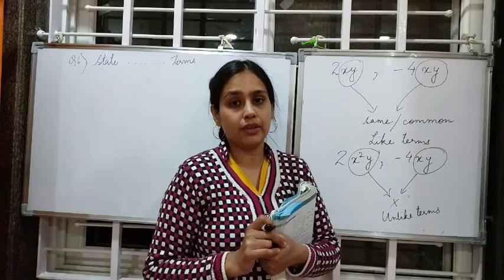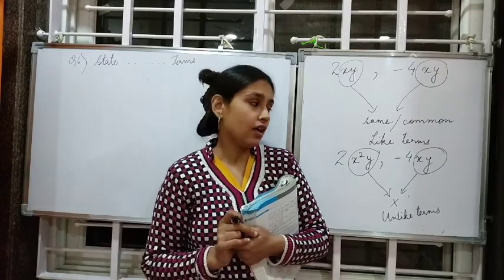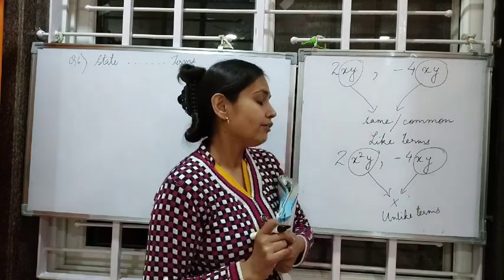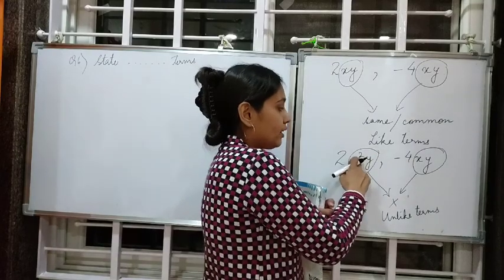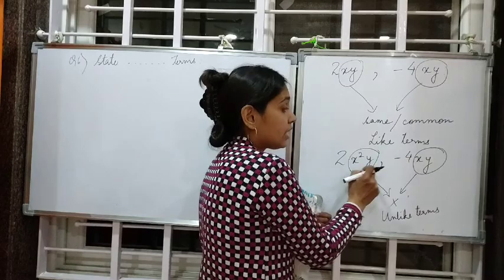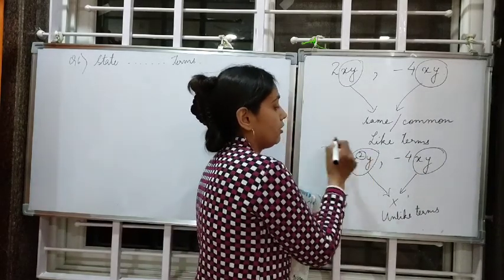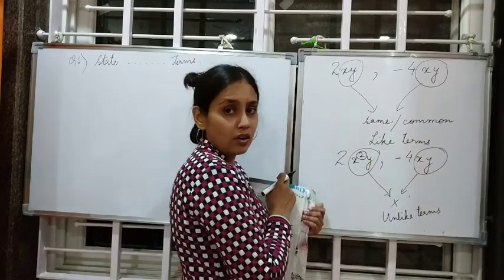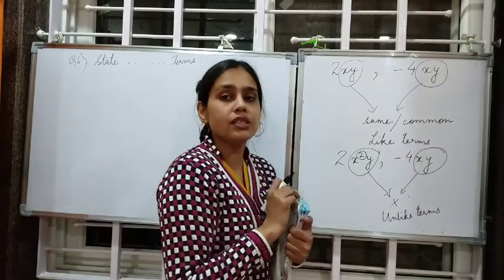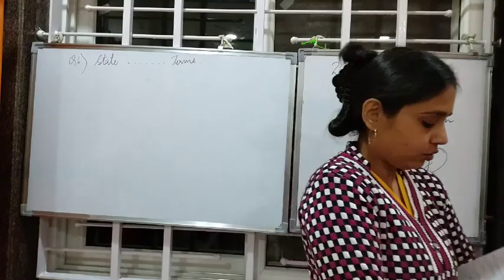That means in the coming question, we have to check whether the given terms have variables common or not. If the variables are common, they are like terms. If the variables are not common, then they are unlike terms. Children, we have to remember about the powers also. Like you can see here, there is x square and here's x. Still the terms are unlike. What is the reason? The reason is this power. Here the power is not there. It's only 1. That is why the terms are not like, they are unlike. Okay, so going ahead,